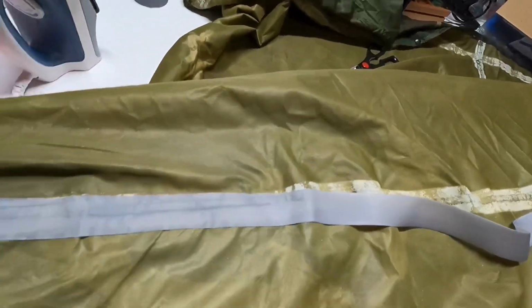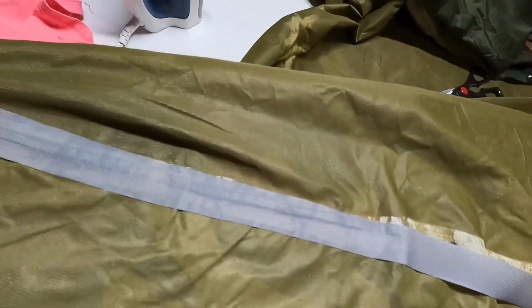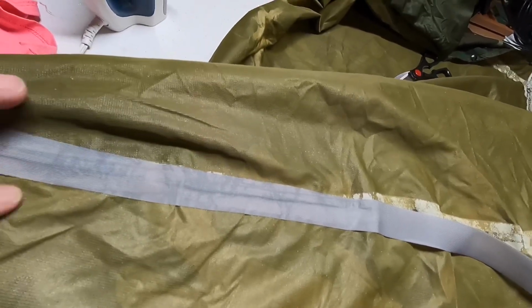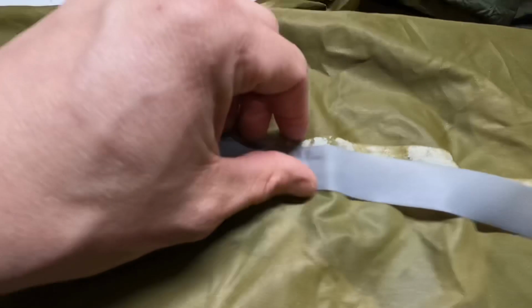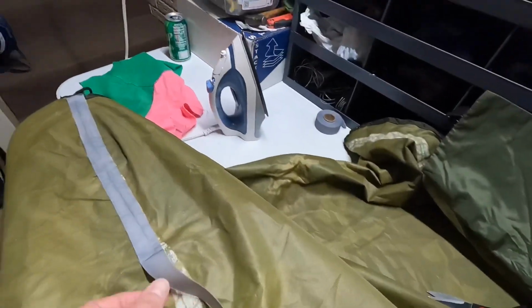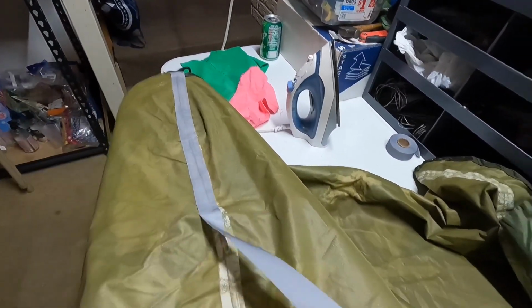Check that out real quick. Oh yeah, that seemed to do a little better. Still, the edges aren't. Yeah, it's doing better though. I turned the heat up a little bit, so that's helping. But the problem is, what I'm running into here